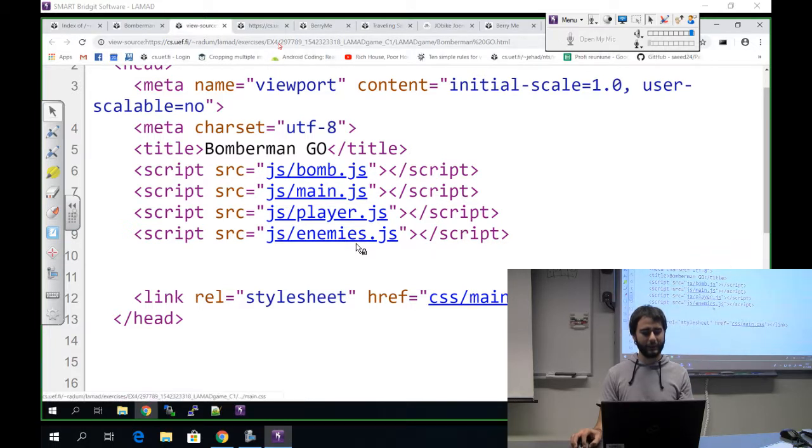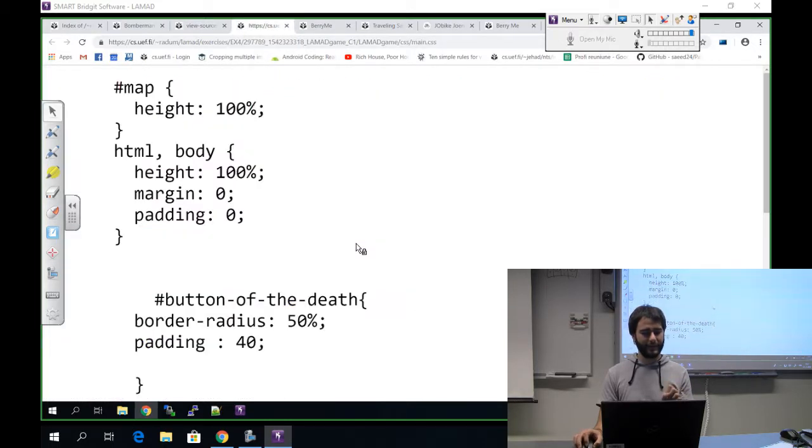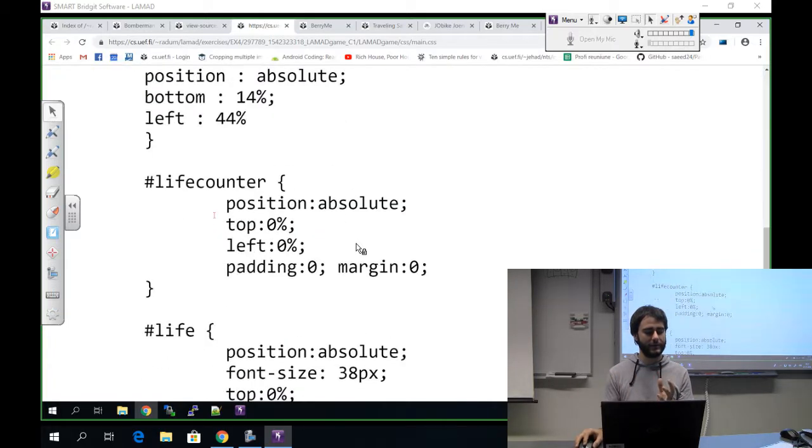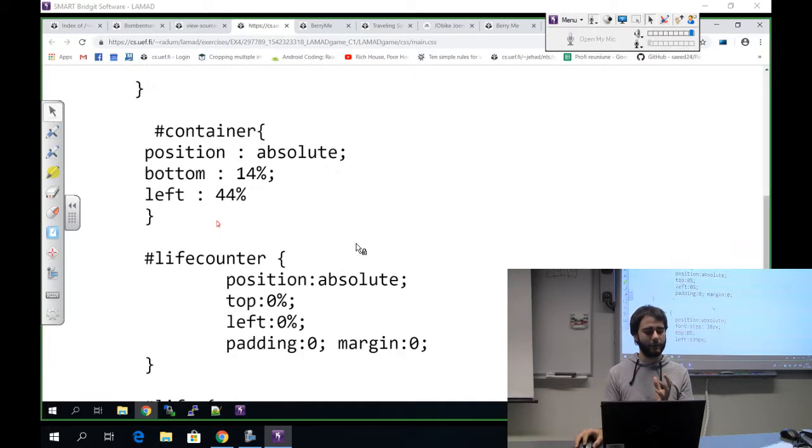Now immediately when I opened main CSS, I noticed some issues here, like no real reason for this indentation in the beginning, and the indentation is inconsistent. You might think that this is not important, but it is quite important, because at times you don't know where a certain body ends if the indentation is made wrongly. So when you start to have larger amounts of code, it may become confusing which code belongs to which